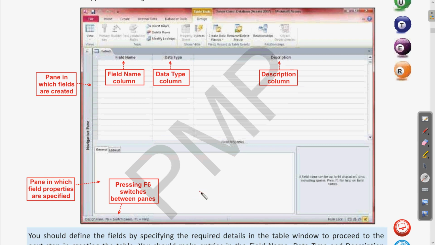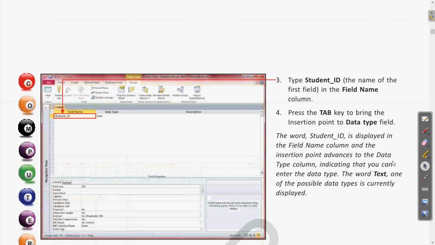Whatever data type we choose, the field properties vary accordingly, and the properties of that data type will be visible in the field property pane.